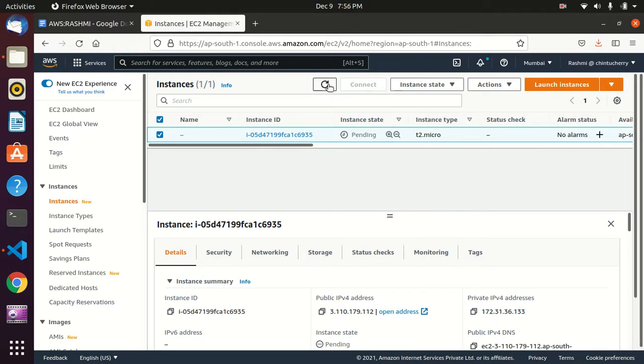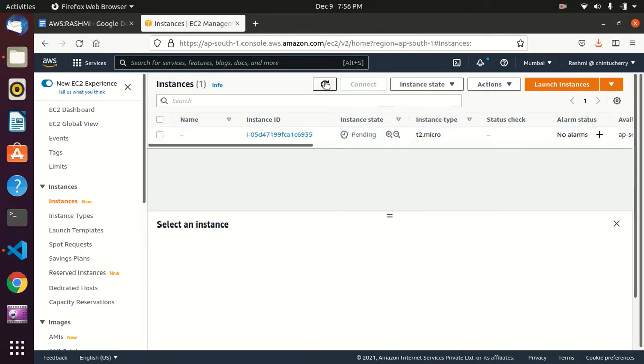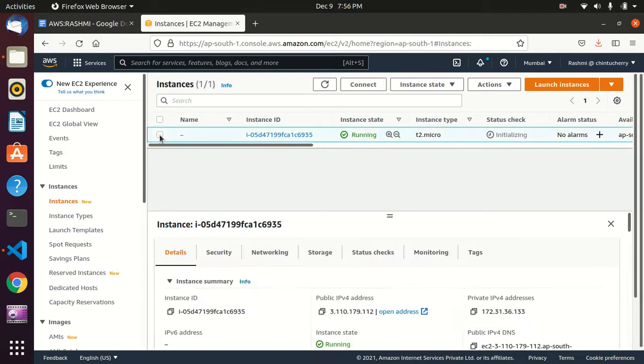Let's refresh it. It's running, but the checking has to be performed, like the initializing check has to be done. Let's wait till it gets refreshed.